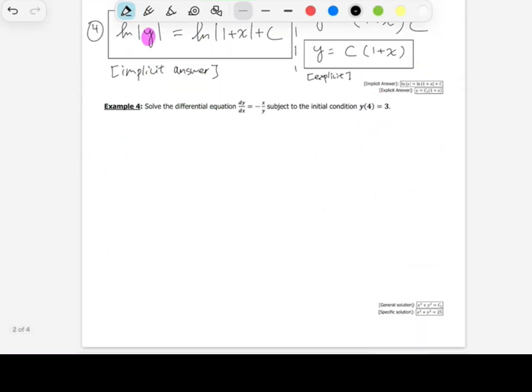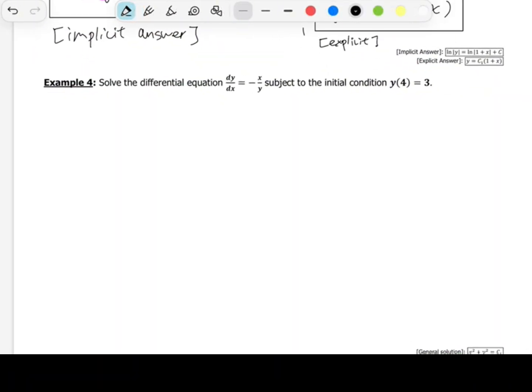Okay, so now moving on to example 4, looks like we have an initial condition. What this means is they will want a particular solution. They want not a general solution in which our answer includes a c. They want us to find what that c is. So